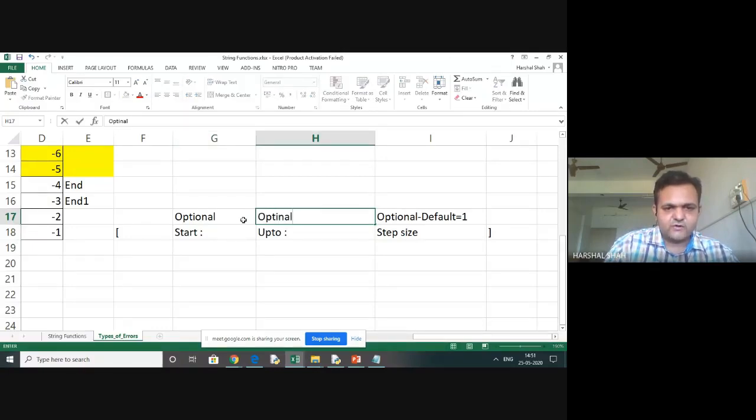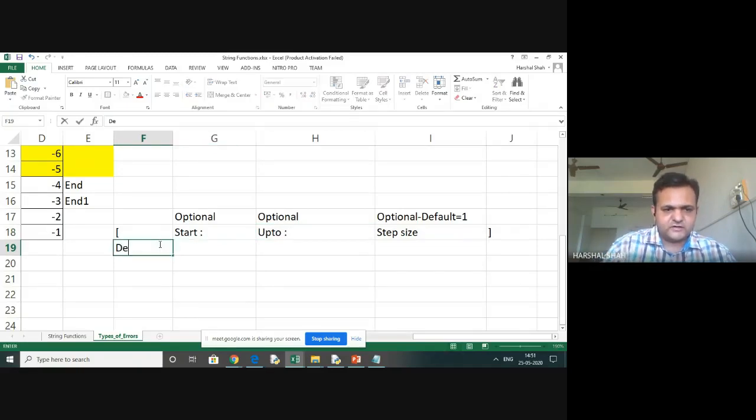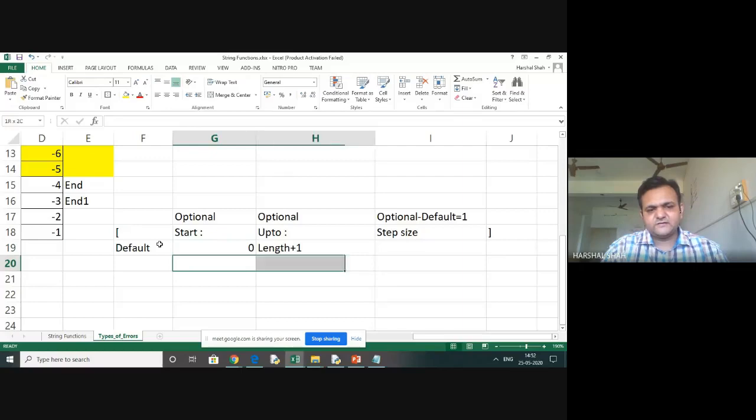I will show and demonstrate how. The default here is 0, and here the default is the last index, length plus 1.